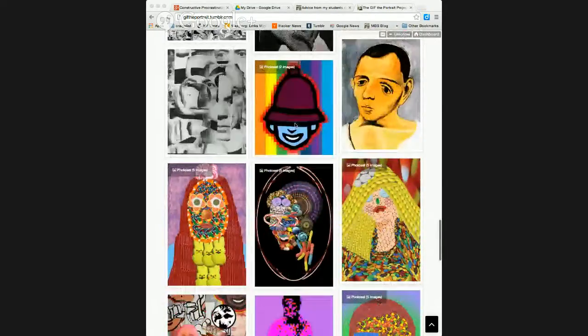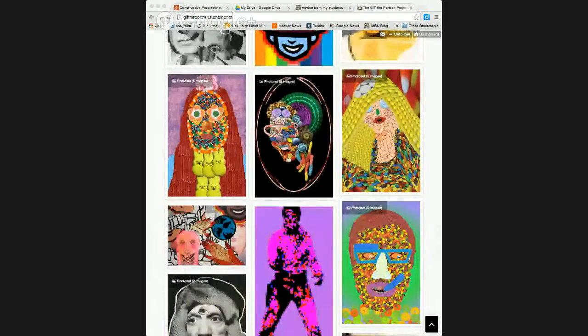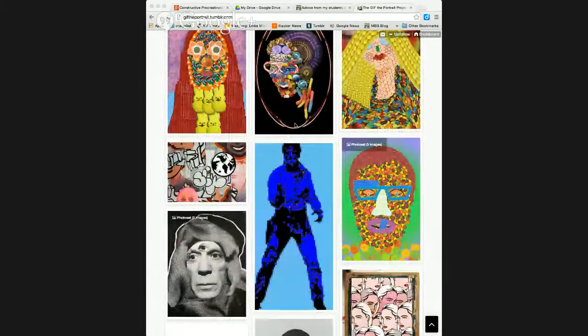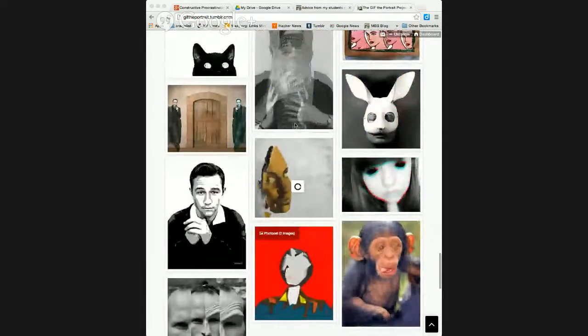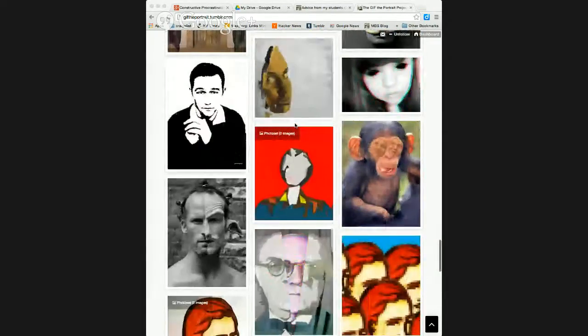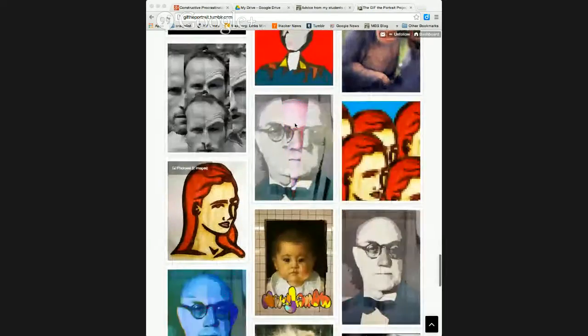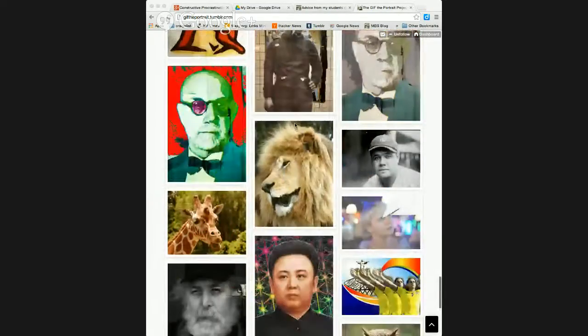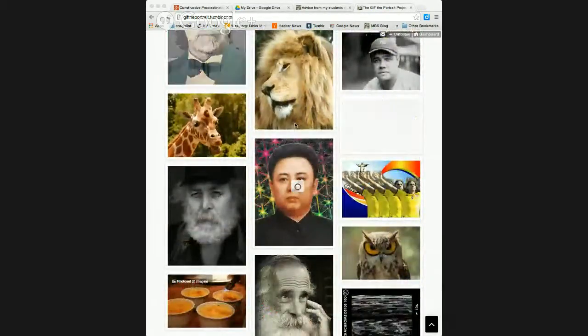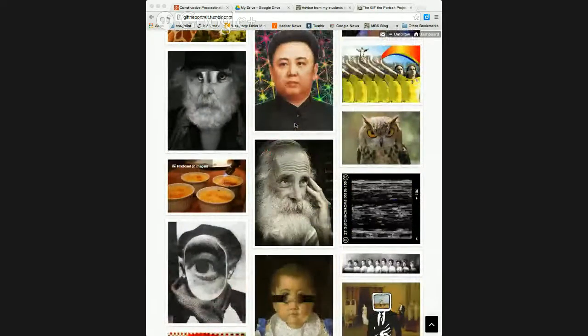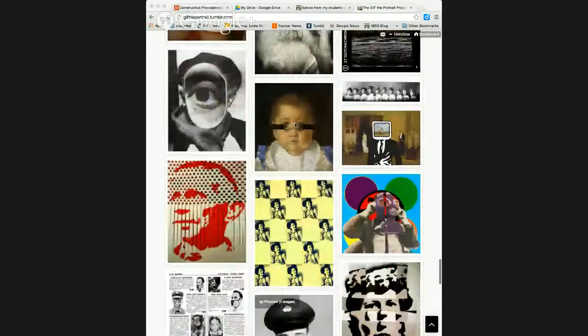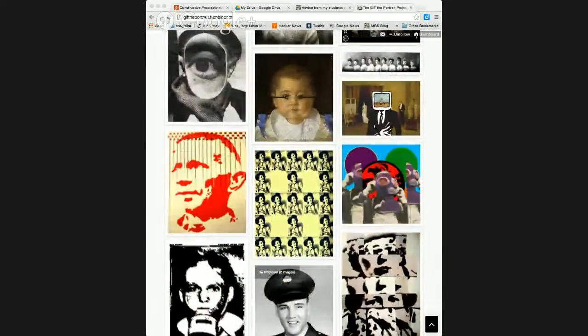You make the pieces separately. Sometimes you construct the portraits, and then you animate them, so you can't really know exactly what it's going to look like, and you have to trust in the process and discover what the final piece is going to be at the end. Absolutely. So I think it's really great.